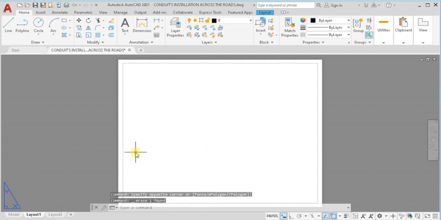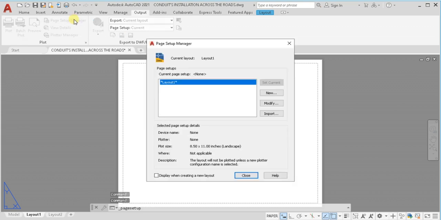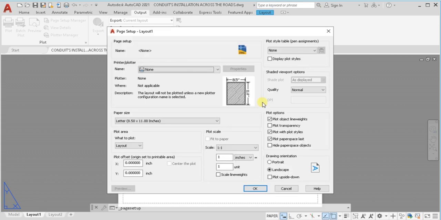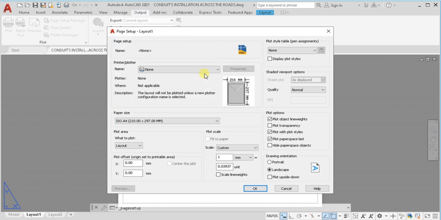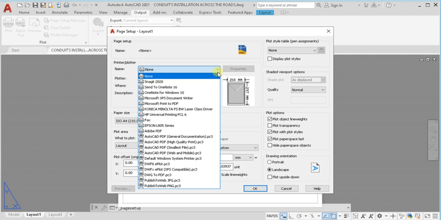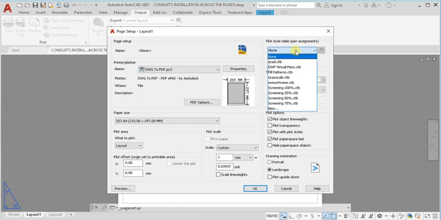Let's delete the standard viewport which was there by default. In output, we can simply click here and open this manager. In page setup, let's choose a specific set of drawing. Let's say we want it in A4 size. In printer, let's choose DWG to PDF